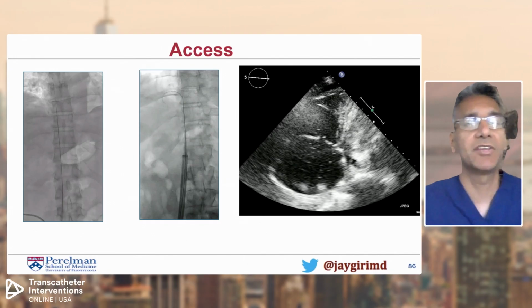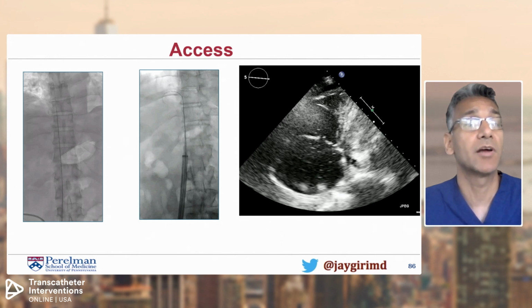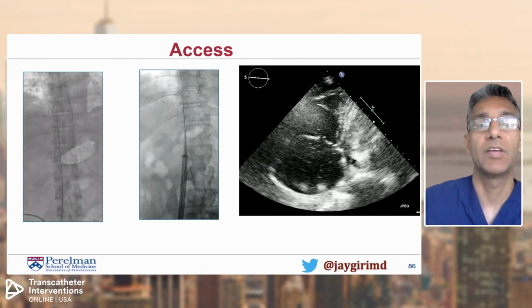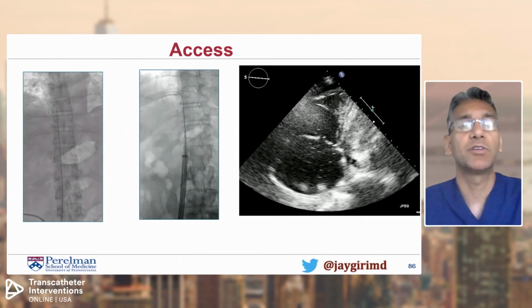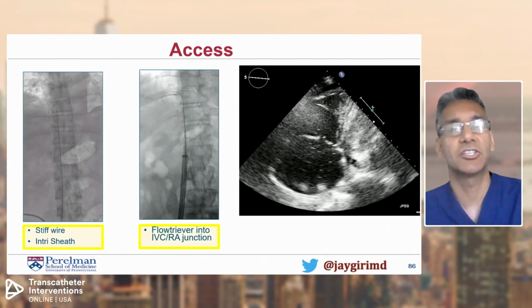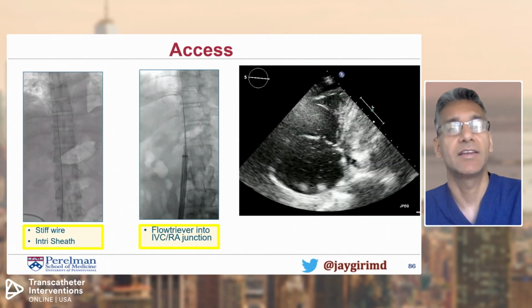So we went ahead and tackled this by deciding on an endovascular strategy here, where we used the FlowTriever, and you can see a stiff wire going up on the left side to deliver the 24 French entry sheath. And then we go ahead and we leave the FlowTriever itself right at the junction of the RA IVC, and initially take a pull, which creates such negative traction on it that you can see what's going to happen here on the